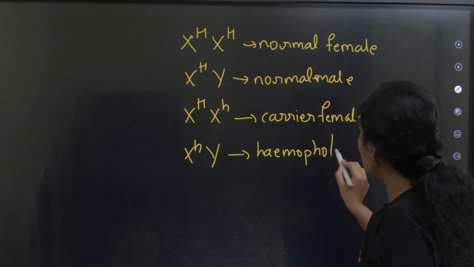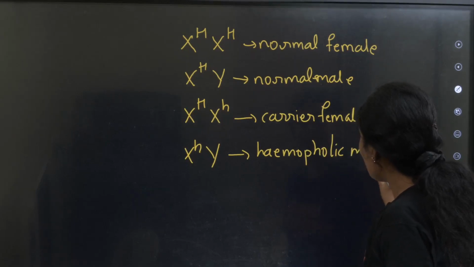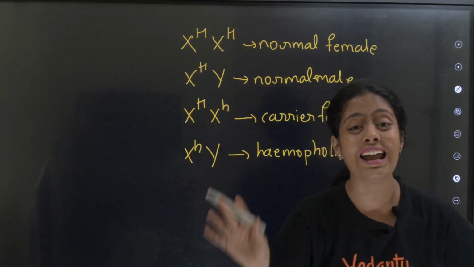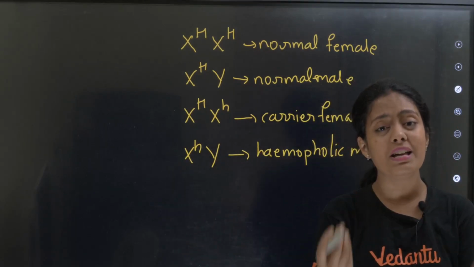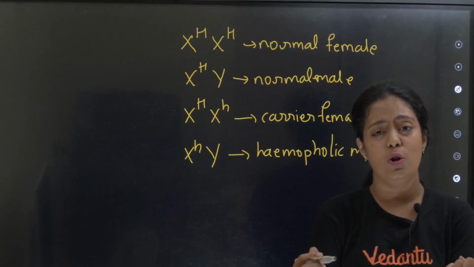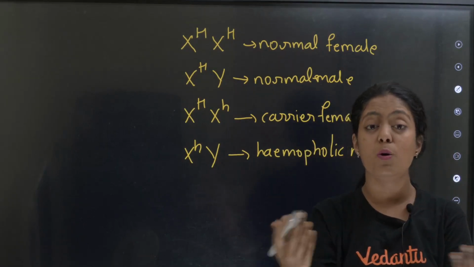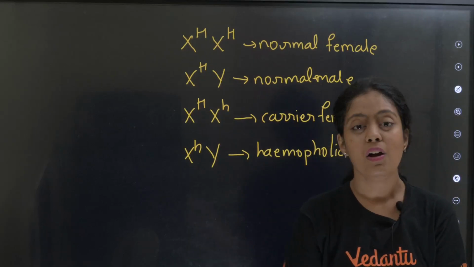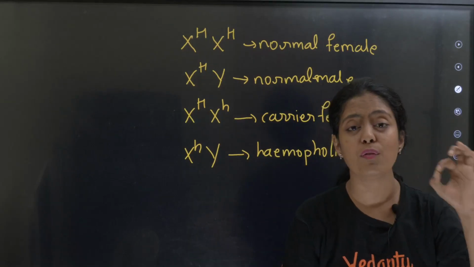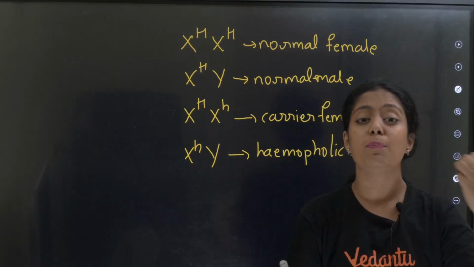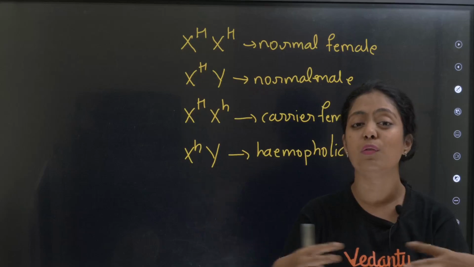Okay, always remember, in case of your X-linked disorders, there are no carrier males. Carrier males irukadu because there is only one X chromosome. Okay, ஒரே ஒரு X chromosome la the hemophilic allele irunduchna podum, they will have hemophilia. That's why in case of X-linked recessive disease, there are more males who are prone to the disease than females.